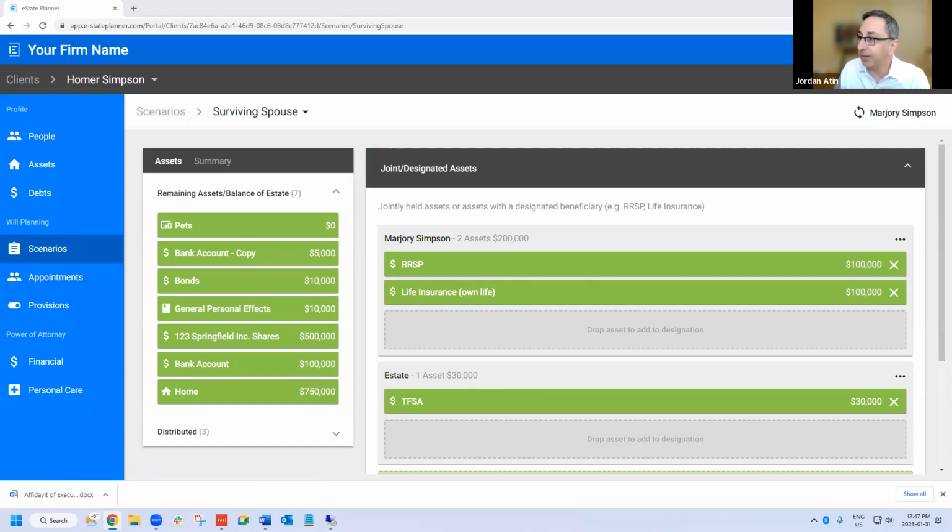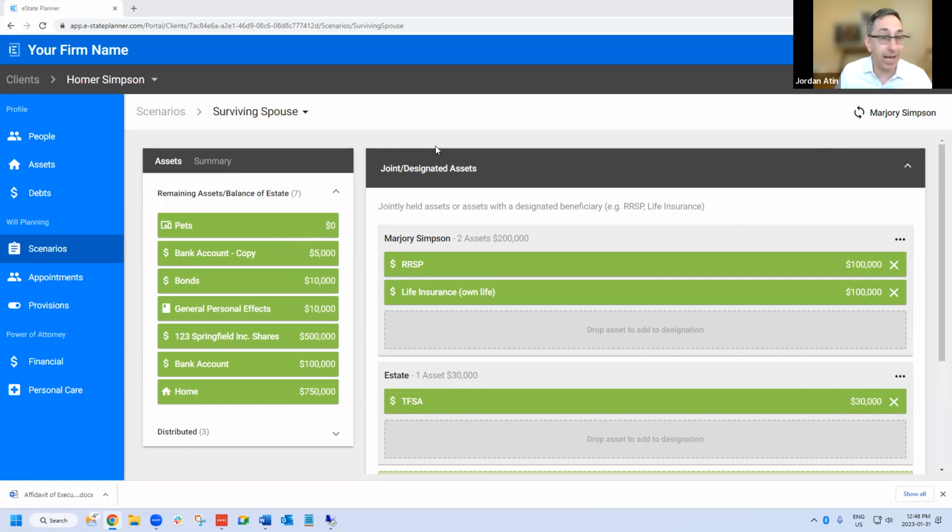So, what do you think about doing a designation in the will versus having it done by the client and their advisor? There are really two schools of thought. I've gone back and forth in my career, and that's why we give you the option to include designations in your wills or not. Even though you can show the planning to the client of what's going on, you can do that without including a designation in the will.